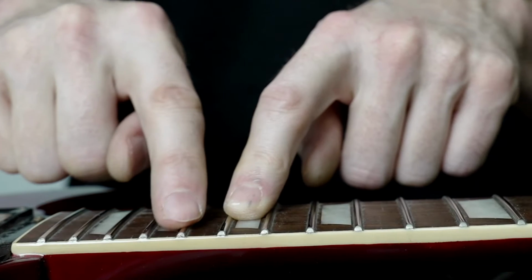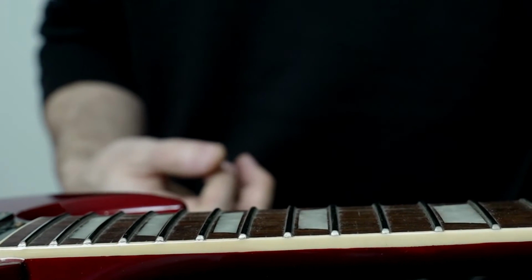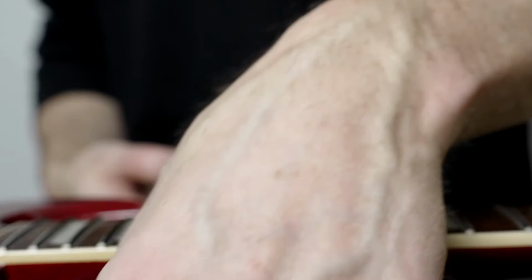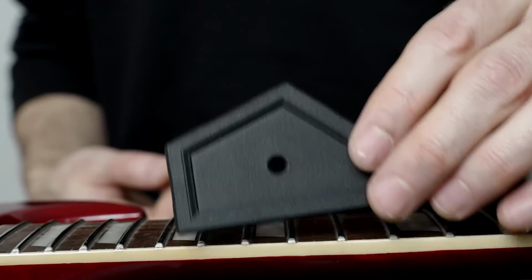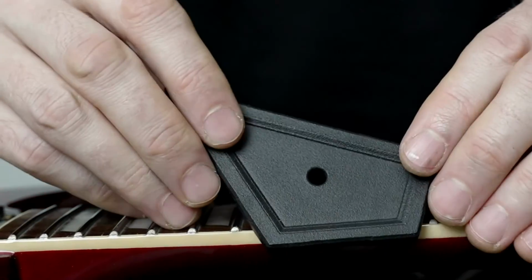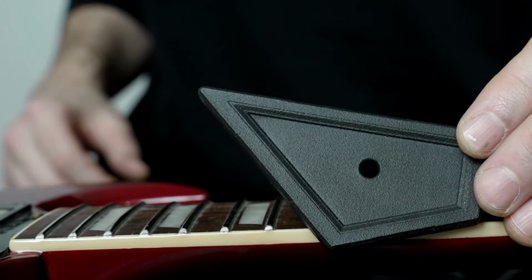So we now need to take care of the 18th fret, and then we're good to go. And we're gonna use our favorite tool for this. This is the Fretshaper, and this has been produced